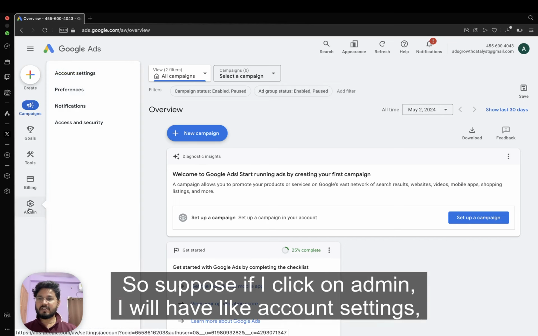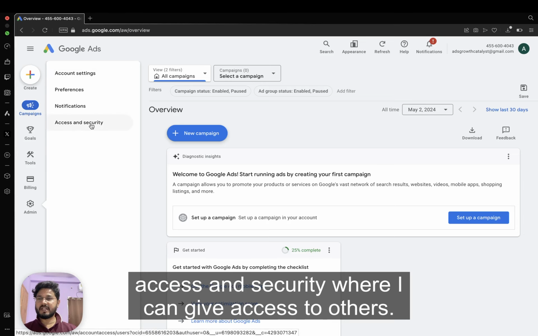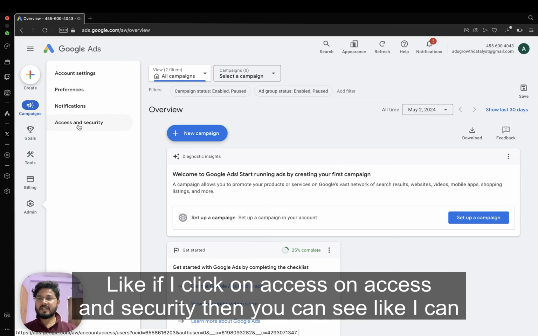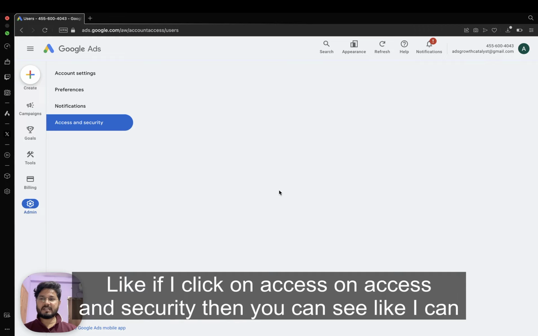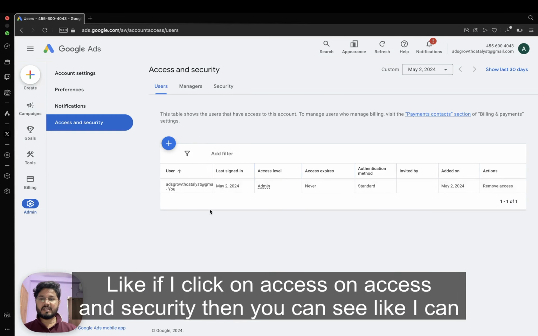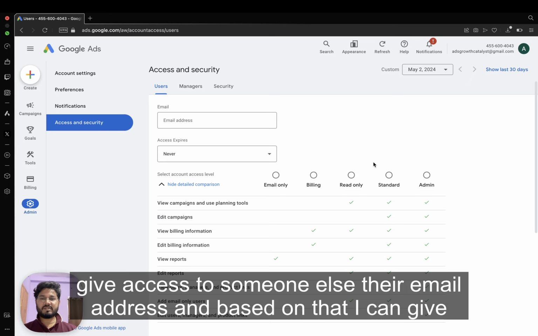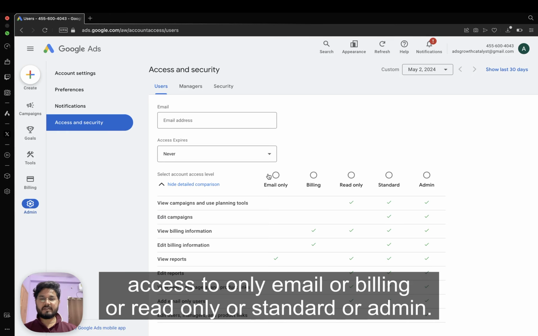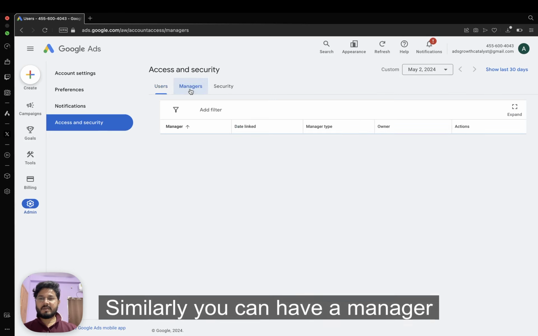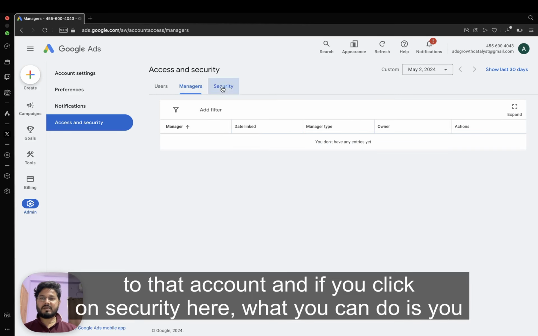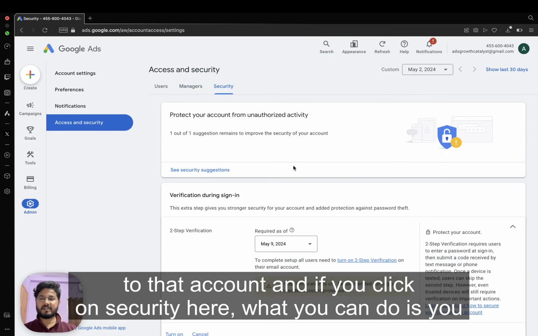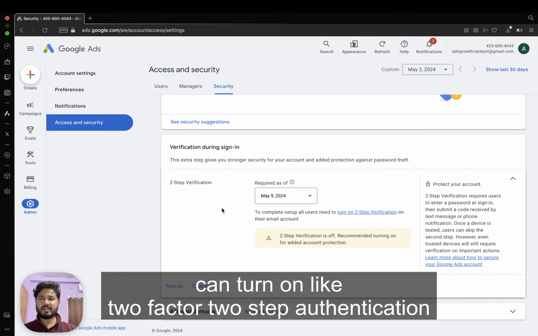So suppose I click on admin, I'll have account settings, and access and security, where I can give access to others. If I click on access and security, you can see I can give access to someone else using their email address, and based on that I can give access as email only, billing, read only, standard, or admin. Similarly, you can add a manager to that account, and if you click on security, here what you can do is